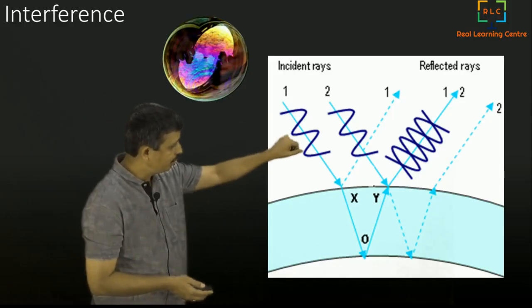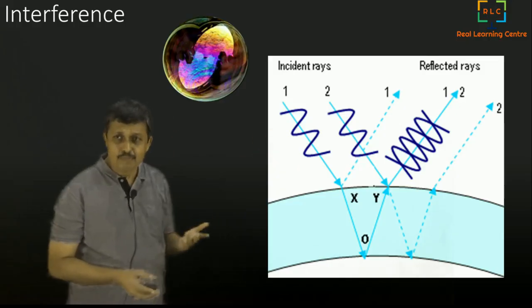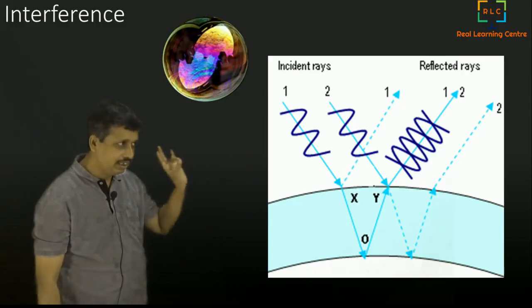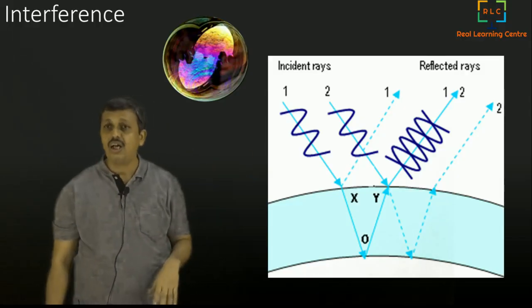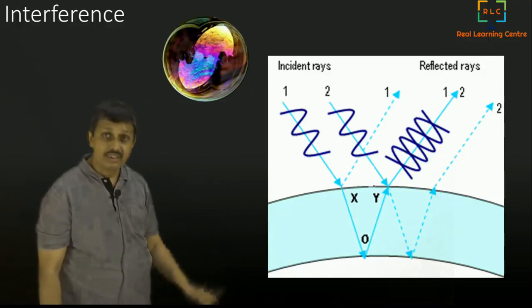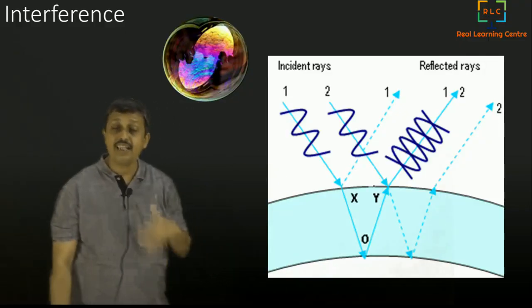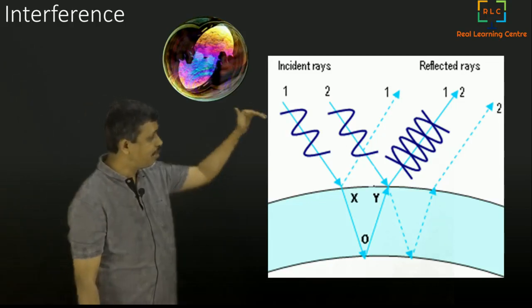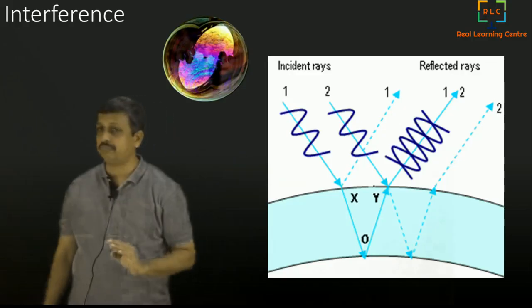When they come out, actually, one is in opposite. See, it all depends on how much distance it has to travel inside. It depends on the thickness of the layer of the soap bubble. So how many waves can be accommodated inside that? Depending on that, what comes out can be in the opposite phase. That means if one of them is going up, the other may be going down at the same time.